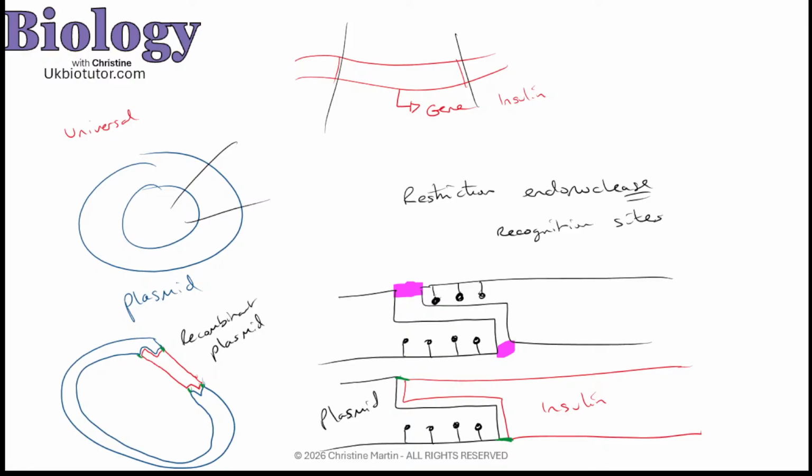And so the other thing to note is your complementary base pairs. When you have your nitrogenous bases, your purines and your pyrimidines, if they have got the same order, the sequence is the same, that complements each other, they will stick together. So that's how we can move the genes from one organism to another.